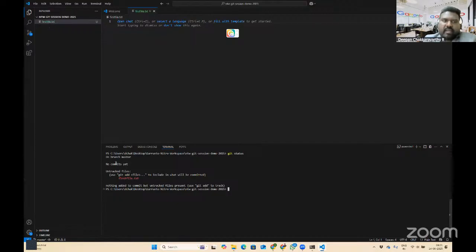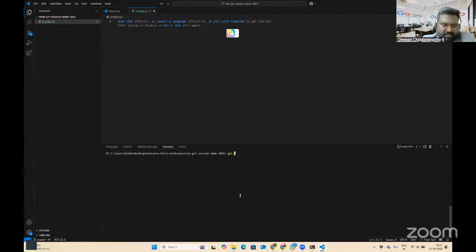So the changes are made. Git is now able to see the changes, but these changes are not yet tracked. Meaning we need to tell Git to track these files for changes. So that would be the next step. Git typically will see all the changes, but by default it won't track the changes. So how do I make Git track these changes? That is what we call staging. Staging is telling Git that you need to track these changes for commits, right?